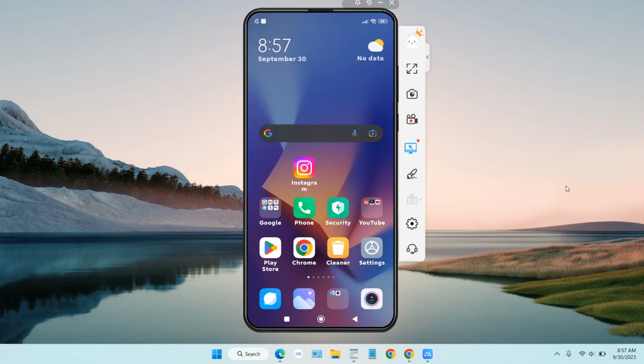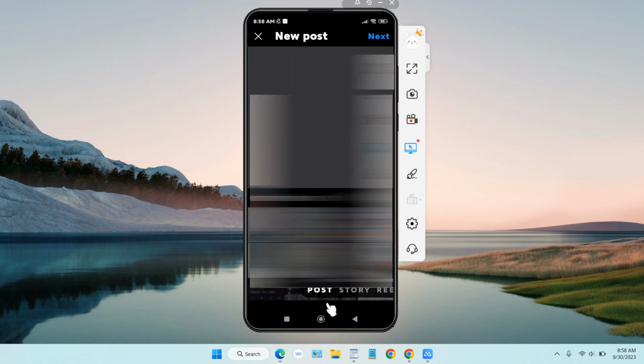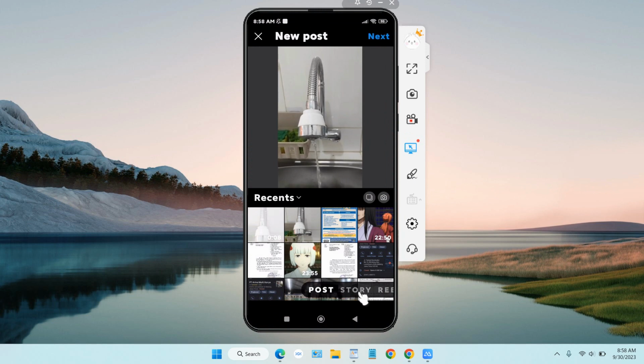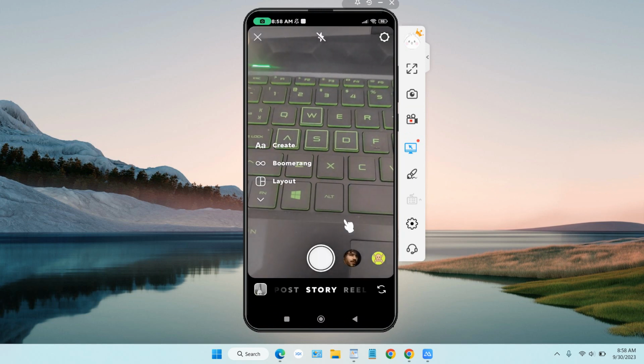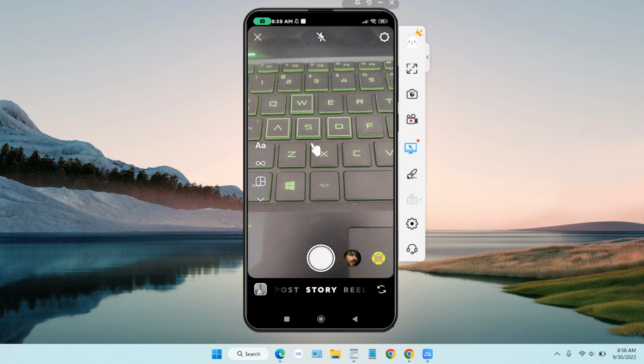In this video, we will show you how to add multiple photos to an Instagram story. When you are using your Instagram account and you want to create a story, click the plus button here and select story. After you select story, Instagram with the default layout can usually only take one picture like